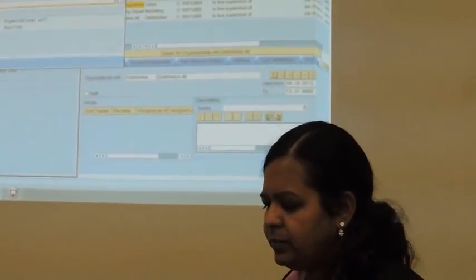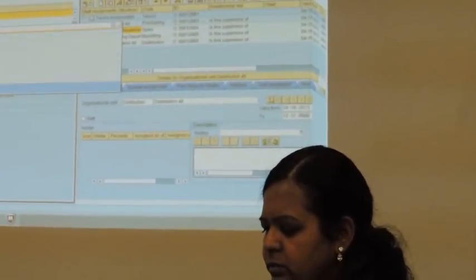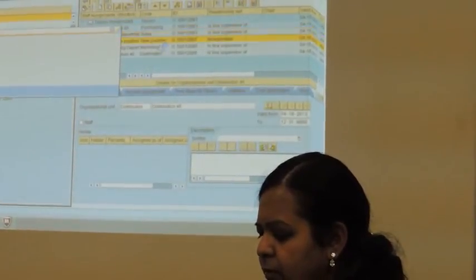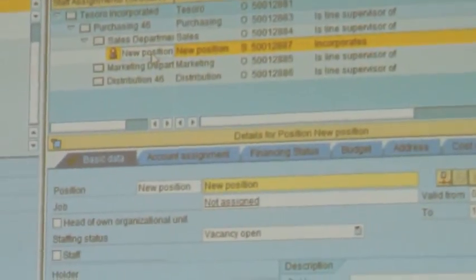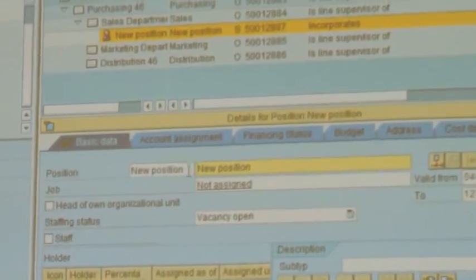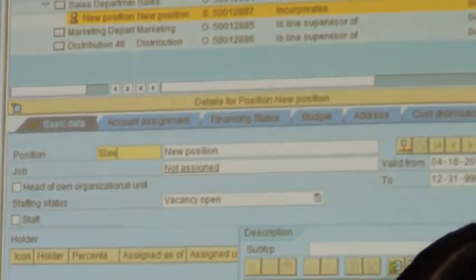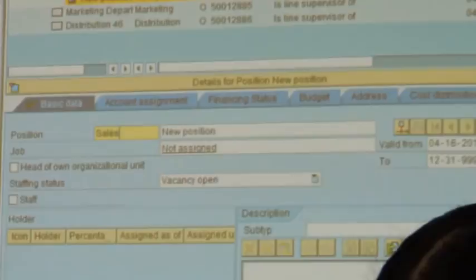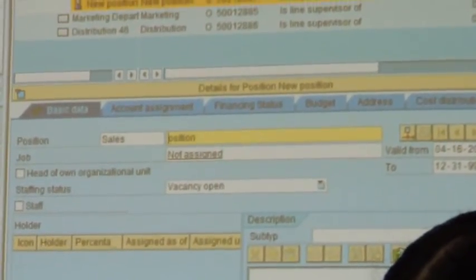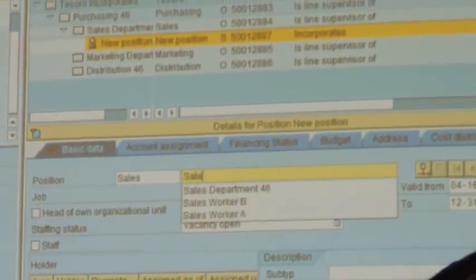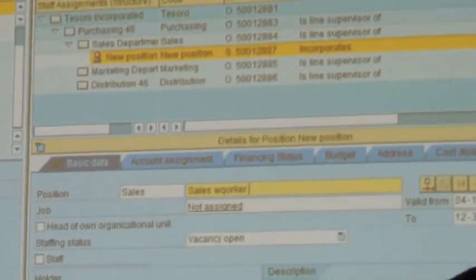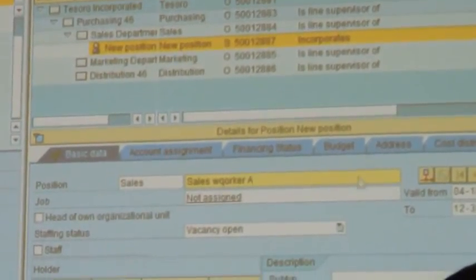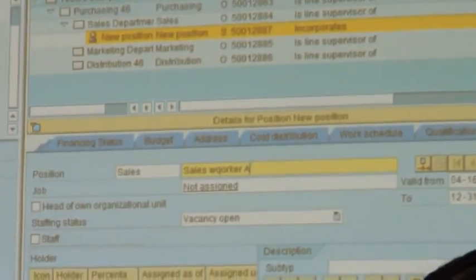Now click on the sales department, create a position, and I'm going to name it sales worker A, and give him the task.